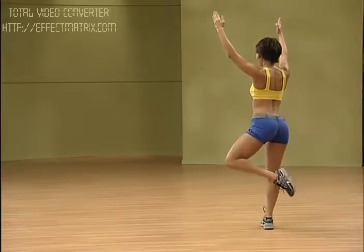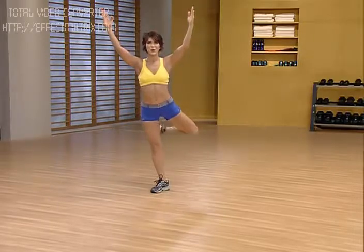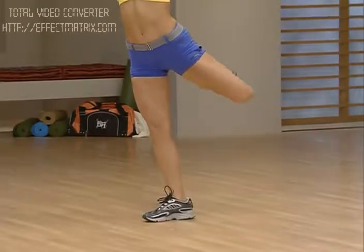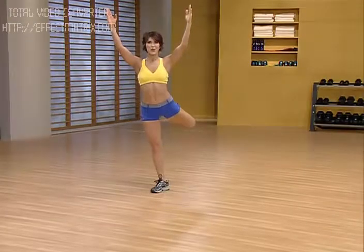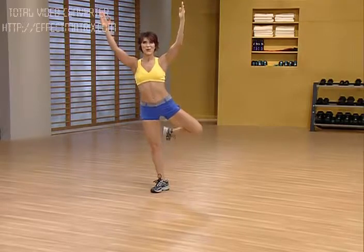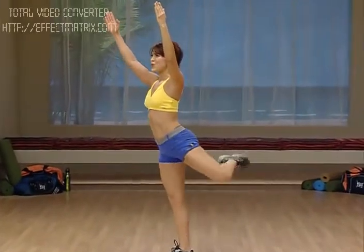Maintain your arms over your head in the V at all times. Squeeze your glutes to lift the leg and keep the knee lifted out to the side to maintain the turnout at the hip. There is a slight lean forward of the torso, but keep the chest lifted and your navel pulled to your spine. Put your body weight in the heel of the standing leg to challenge the stabilizers and